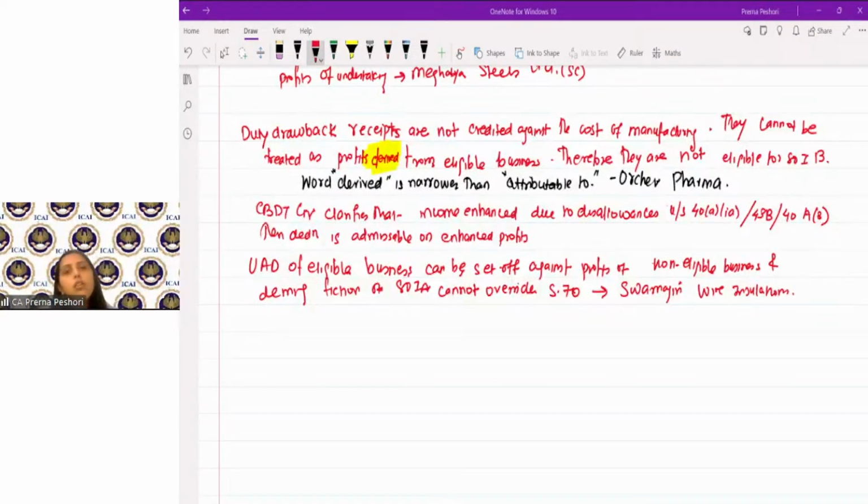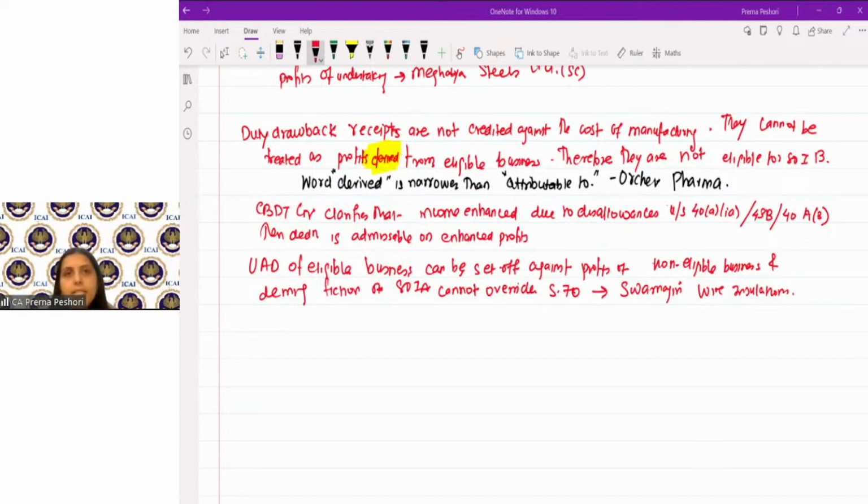Clear? Jacob, if you remember, well and good. If you do not remember, then you may just choose to not mention the case law name. If you remember the quote, you can mention. But whatever important case laws I'm writing down for your reference, at least these ones you should remember, the names that I have given to you. The names that I'm not taking, if you remember, well and good. If you do not, then you can just choose to leave.